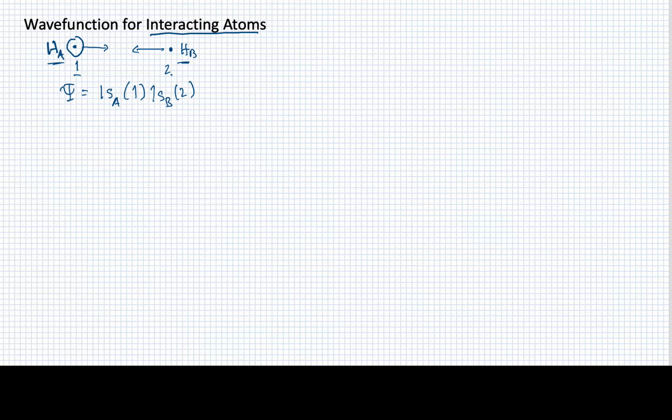Okay, so this would be a perfectly fine way to write this wave function when we have separated atoms. In other words, the total wave function of the system when they're very far apart probably looks something like this. All right, but as they become closer together, then you might say, well, you can't really just definitively say that electron 2 is on hydrogen B and electron 1 is on hydrogen A. We have to add a term that allows for them to be on the other atom. And in particular, if I were to bring these two together and form a bond and then pull them apart again, who's to say that electron 2 won't end up on atom A and electron 1 on atom B? So this gives us a fuller picture, at least, of the full wave function that allows for the indistinguishability of